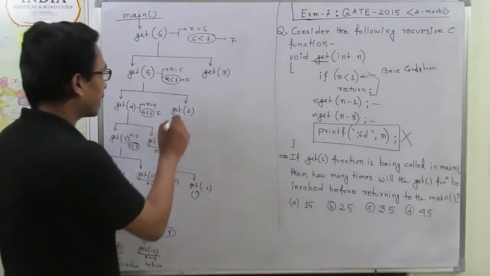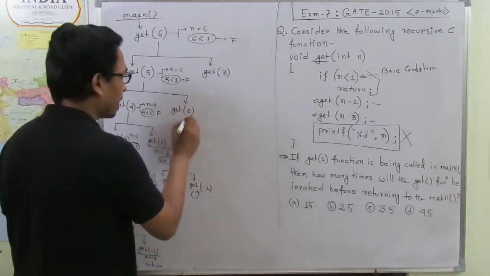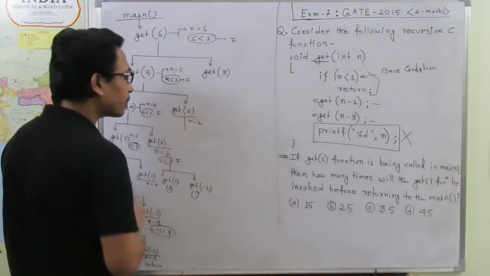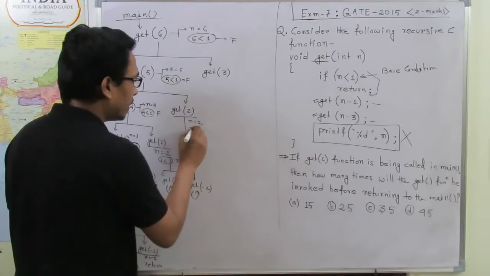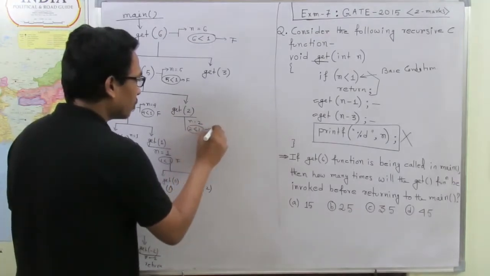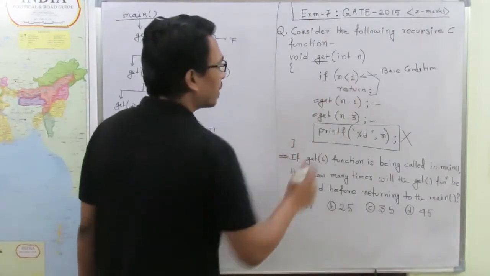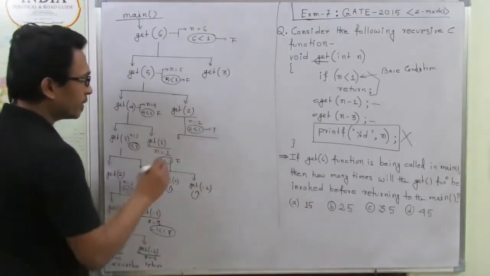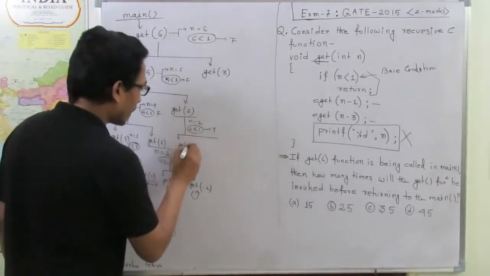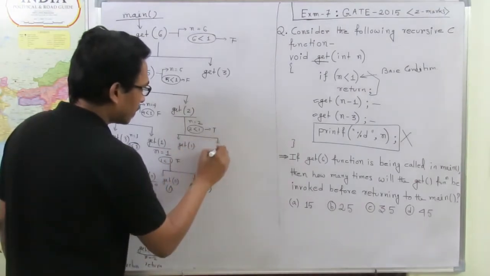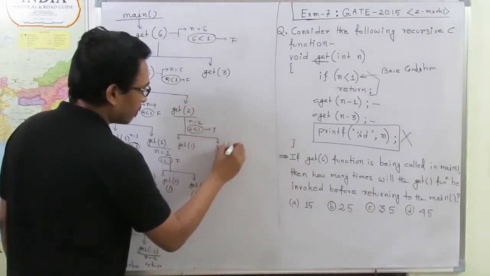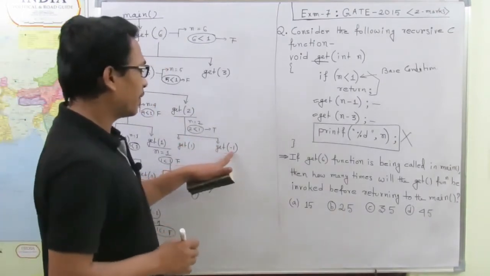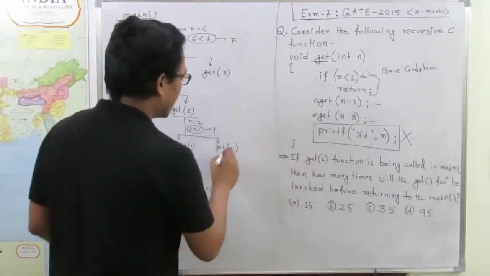Now look at here, get 2 is there, that means the value of n is 2 here. Now what happened? 2 less than 1, it is false, that means again we get two function calls. One is get 1, the other one is get minus 1. Now in this case the value of n is minus 1, that means here it will